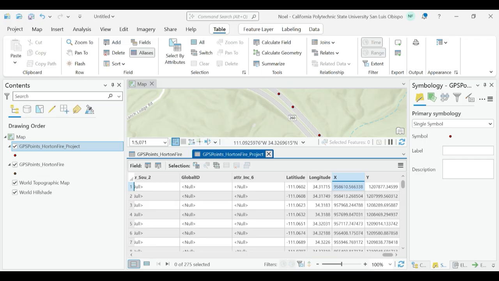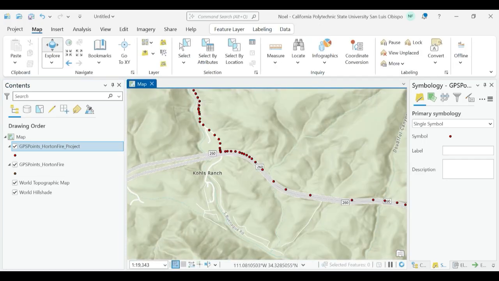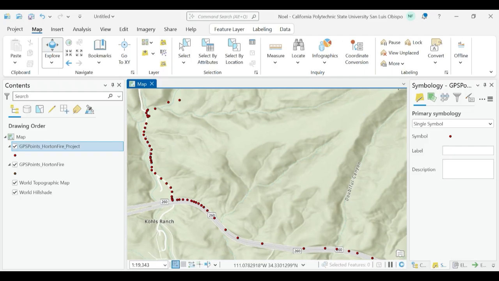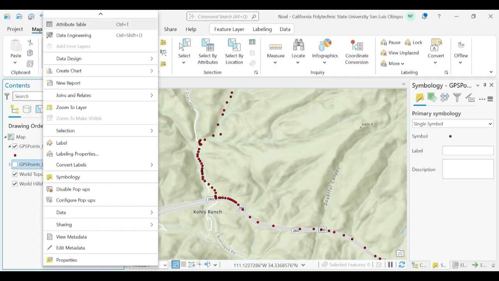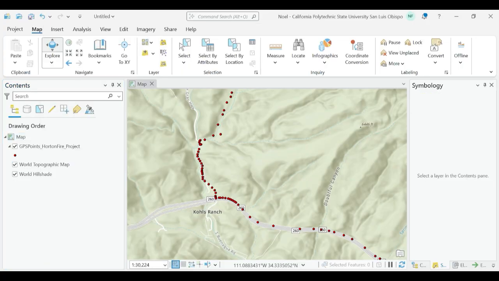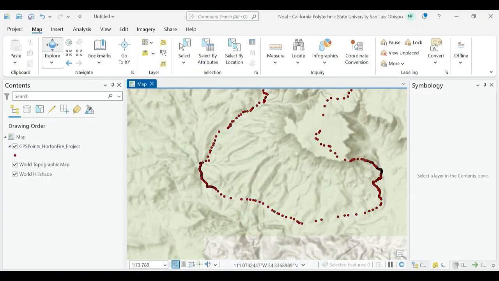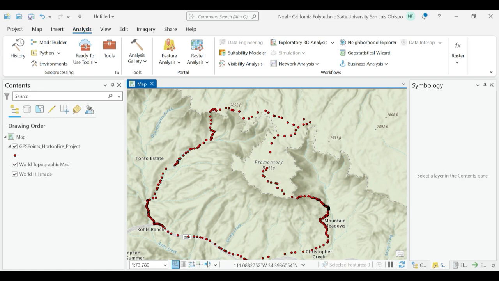We can go ahead and close these layers. Now we want to focus on finalizing this fire perimeter map. Now that the data looks good and we've projected it, we can even remove this one completely from our map and keep it simple. We want to now run another tool that will convert these points to a line and then to a polygon. So go to Analysis, Tools,